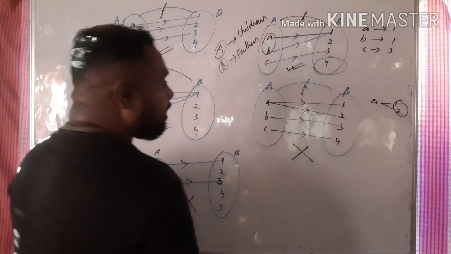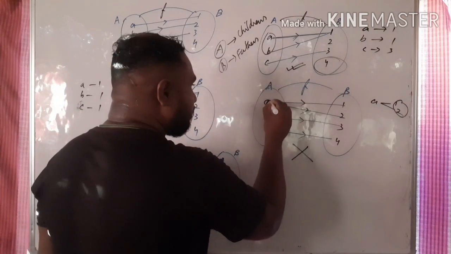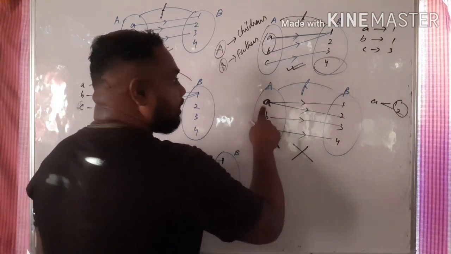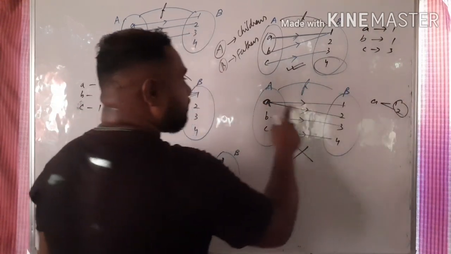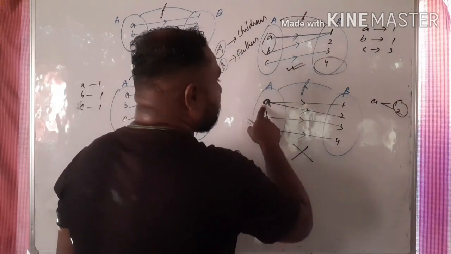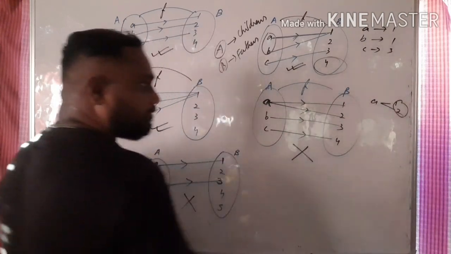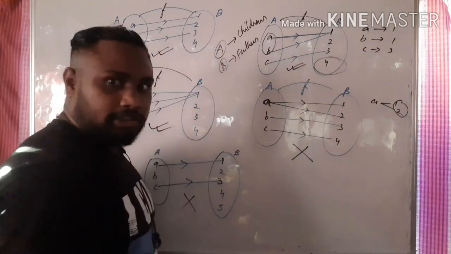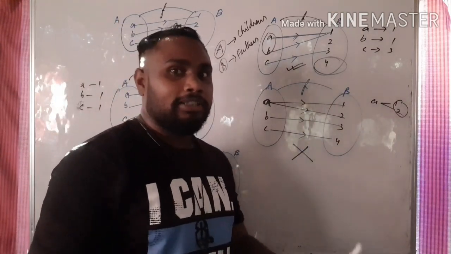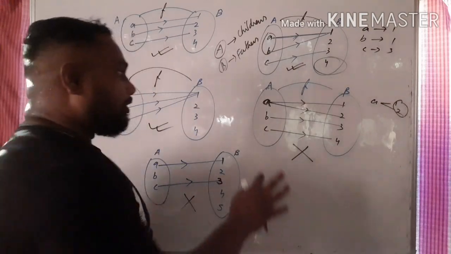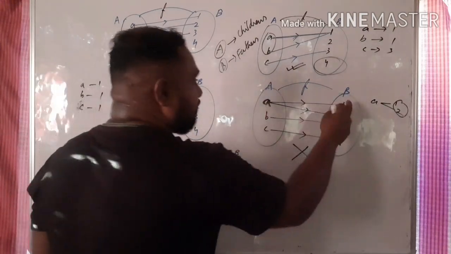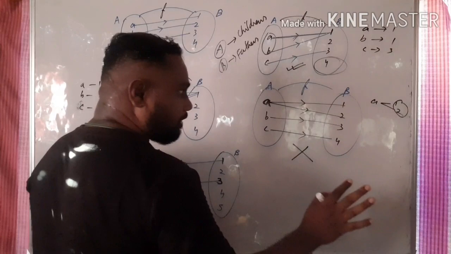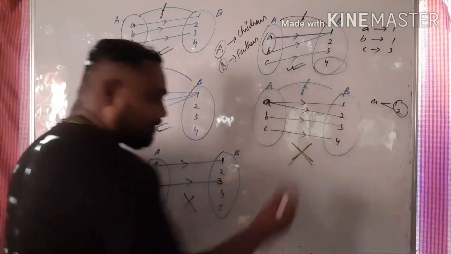Now let us go to the next mapping. Okay. Here you can see this child has father 1, and this child is again having father 2. So a child cannot have two fathers, isn't it? Biological fathers, isn't it? It sounds odd, but I am telling the examples. So a child cannot have two biological fathers. So it is not possible. That's why it's not a function.